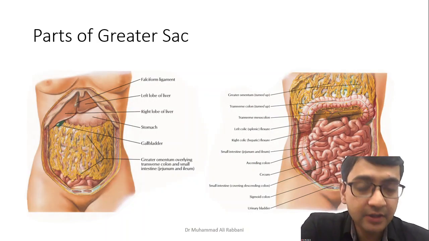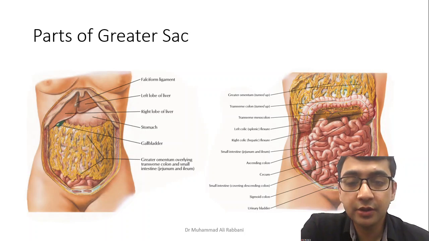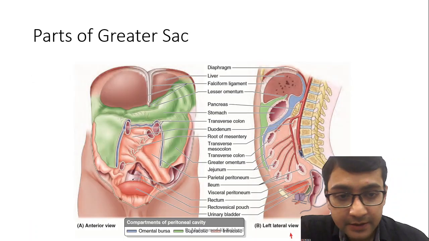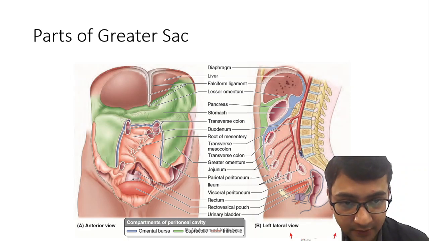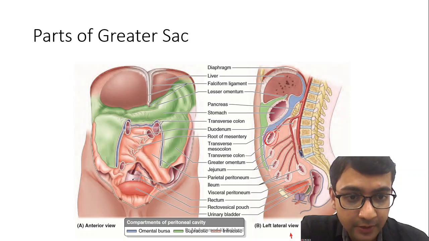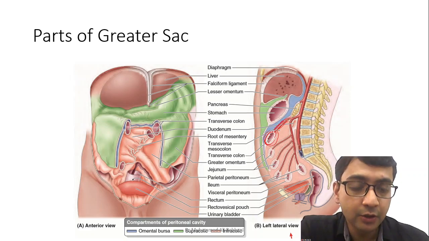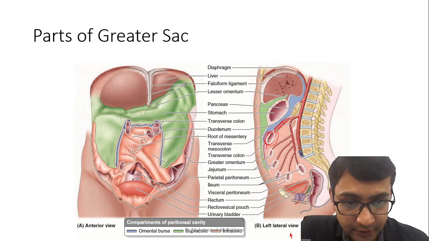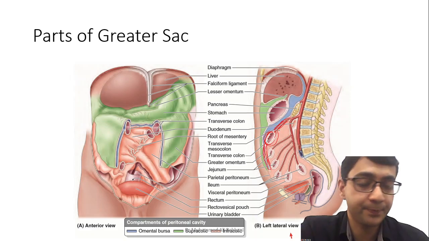The greater sac is further divided into two parts based on the attachment of the transverse mesocolon. Here is the attachment of the transverse mesocolon, here is the transverse mesocolon itself, here is its visceral peritoneum, and then the mesentery that goes all the way to the back. Add to it the fused greater omentum. Just remember that the greater omentum was fused to it.